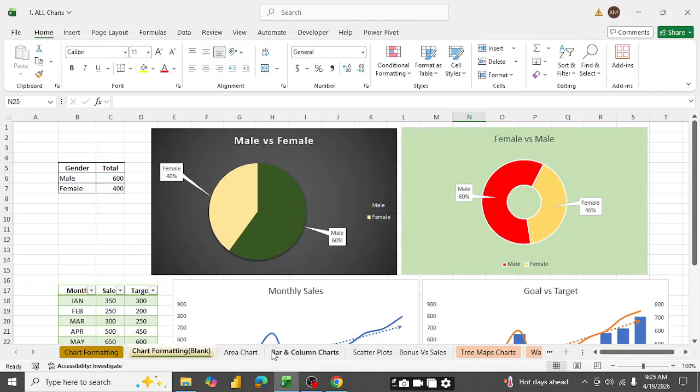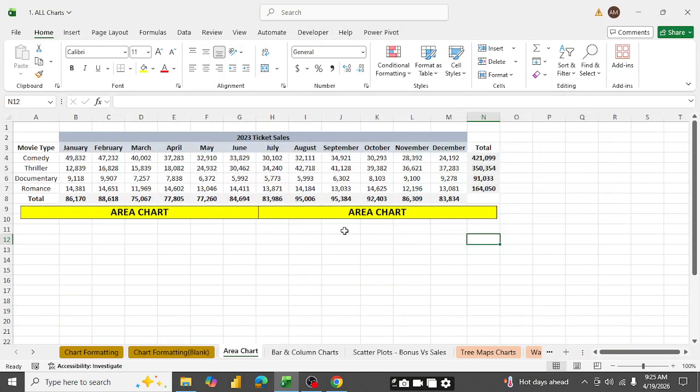So in the next part, we are going to show you the area chart which has been recommended. Here we have a data set of movie types, the tickets sold in 2023, January to December. What we have to do is find out the sales area of those